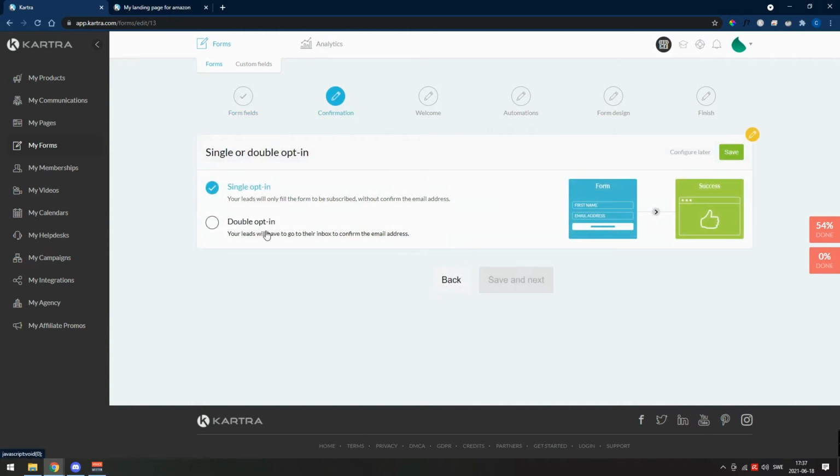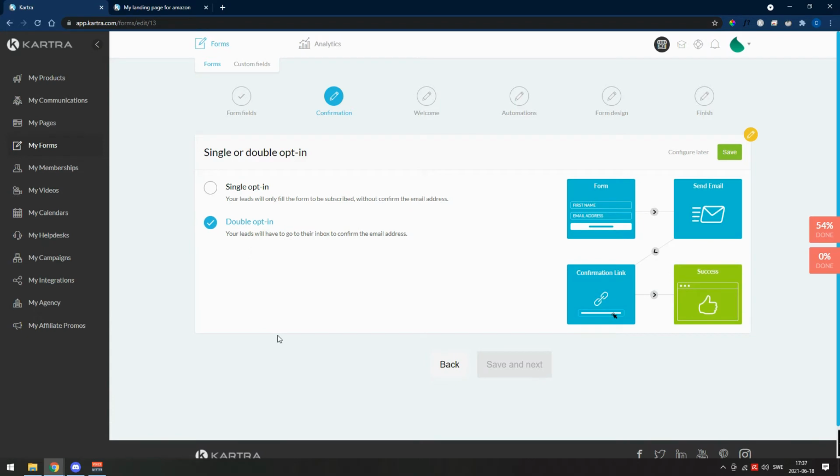Confirmation, single opt-in, double opt-in. I usually recommend to go with double opt-in just to avoid spammy email addresses that people put in just to get your offer and then they never open your emails. But some people swear by not going with double opt-in because you lose a lot of leads. It's a debate, but I will recommend double opt-in for now at least. So click save